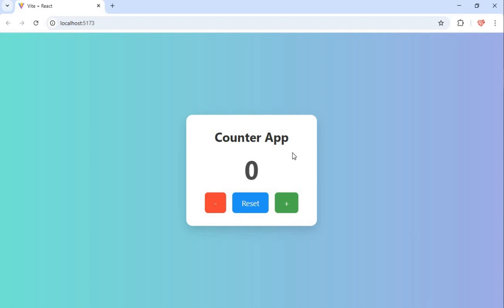So you're going to learn how to build this very simple counter app using React, and we're going to be styling with CSS. So make sure you stick around to the end and I'm going to show you how to